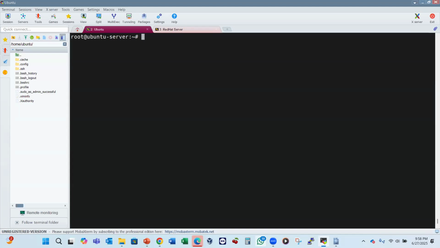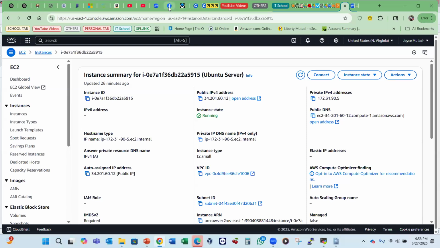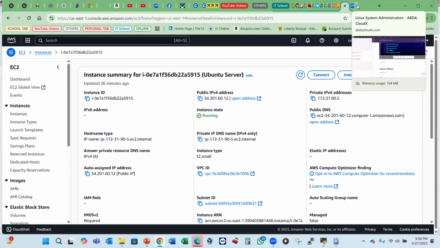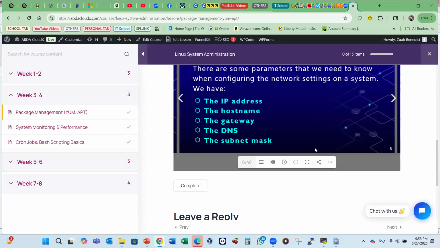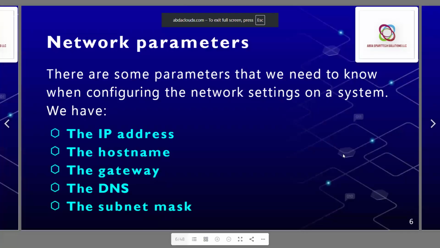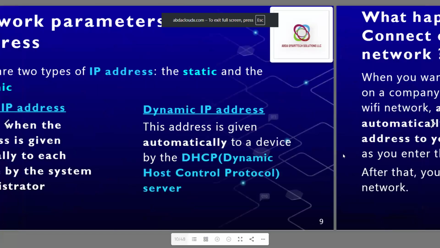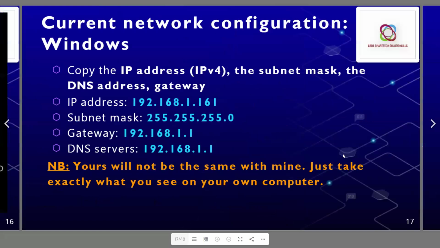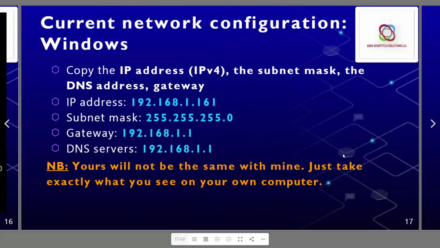I don't know how. But let me show you something rare here real quick. It's important that you know this. Very, very, very important that you know this. Okay, right here. So when you do network configuration,